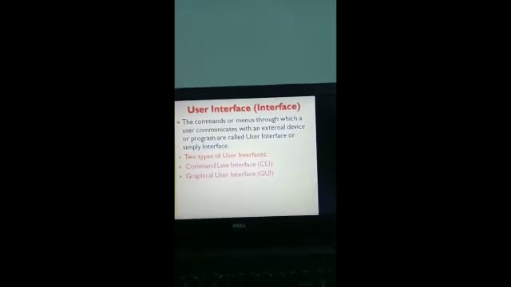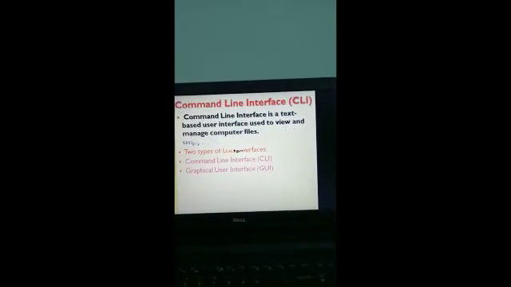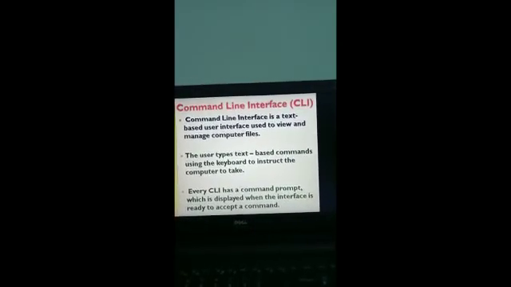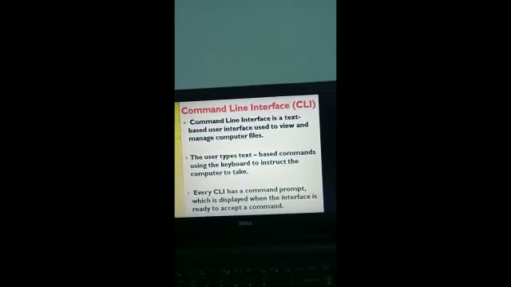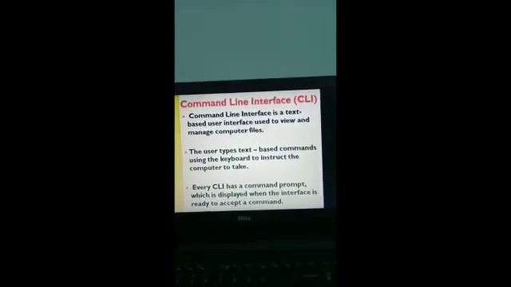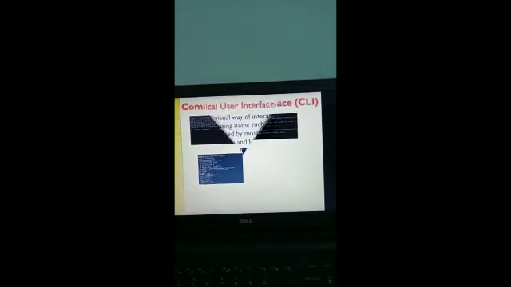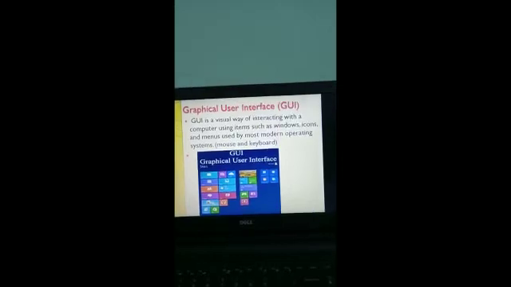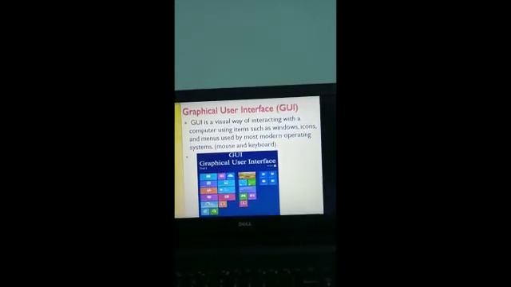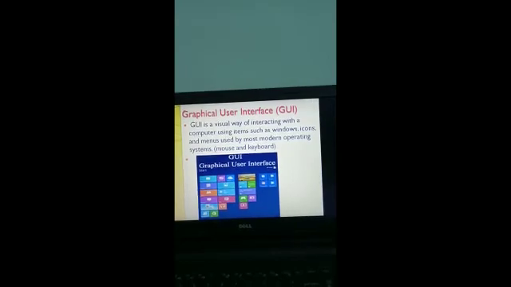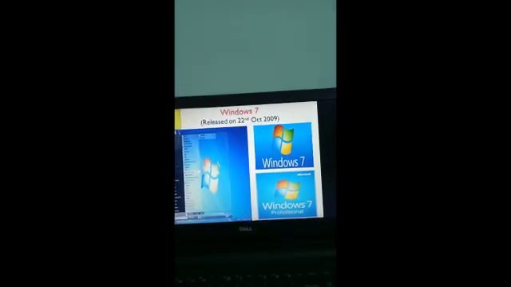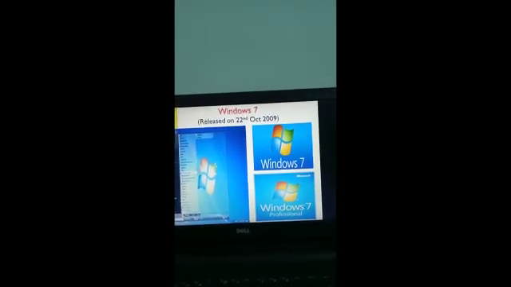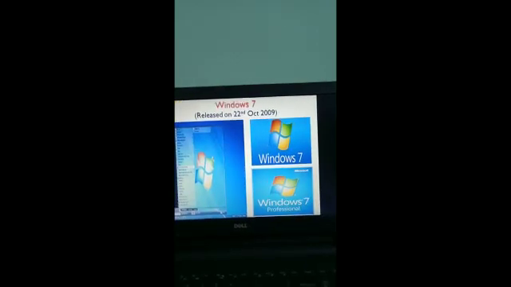Two types of user interfaces. And command line interface is text based user interface and one of the oldest forms. Graphical user interface is what we are using today. It is very useful. Windows 7 is the most common operating system.